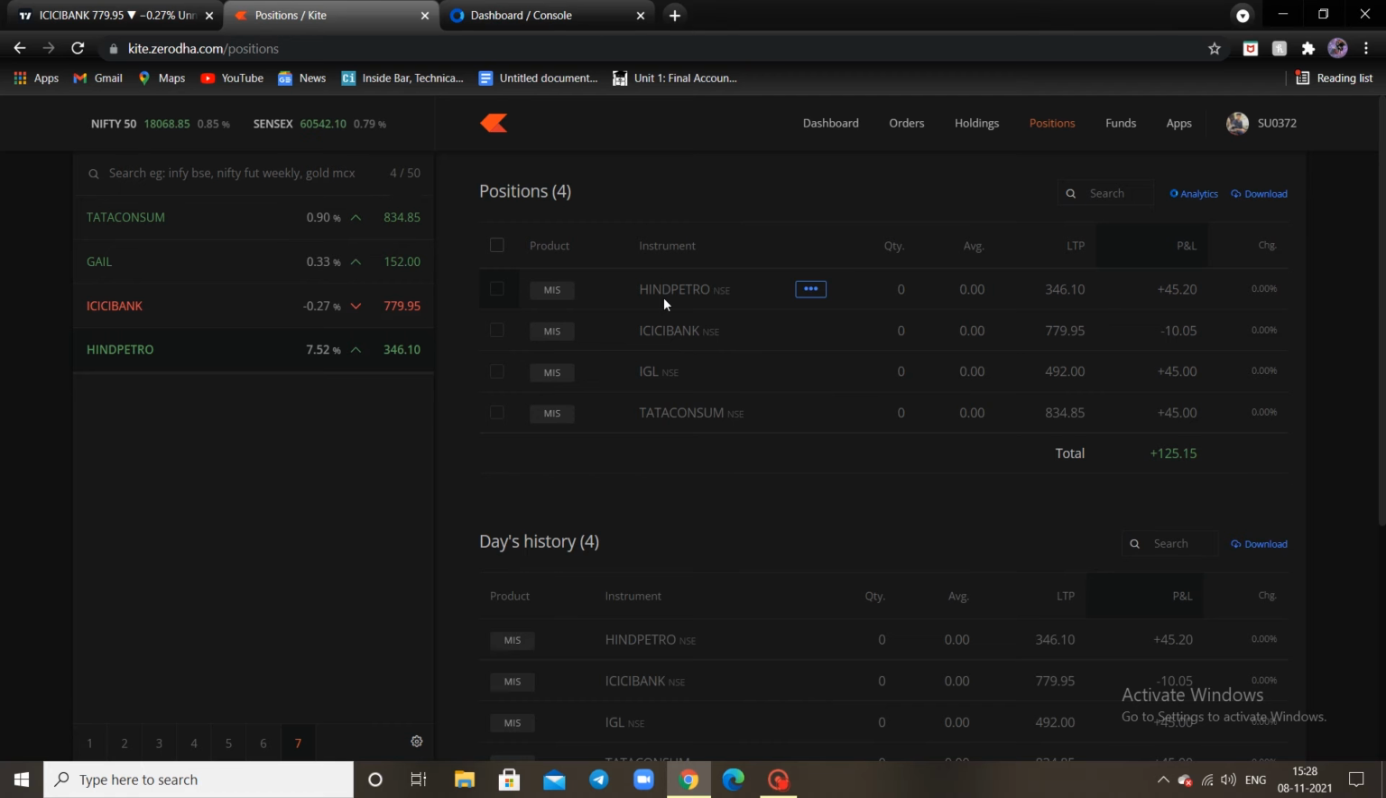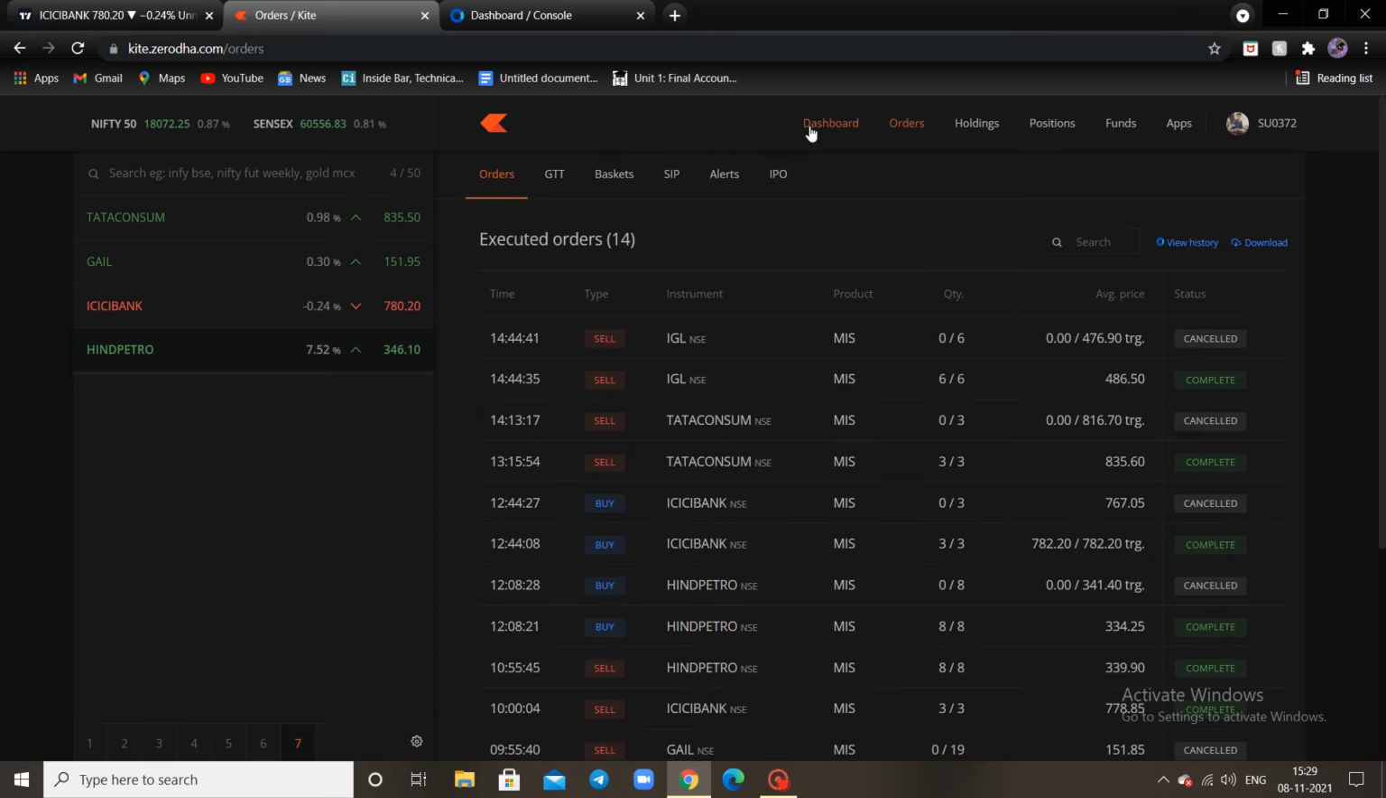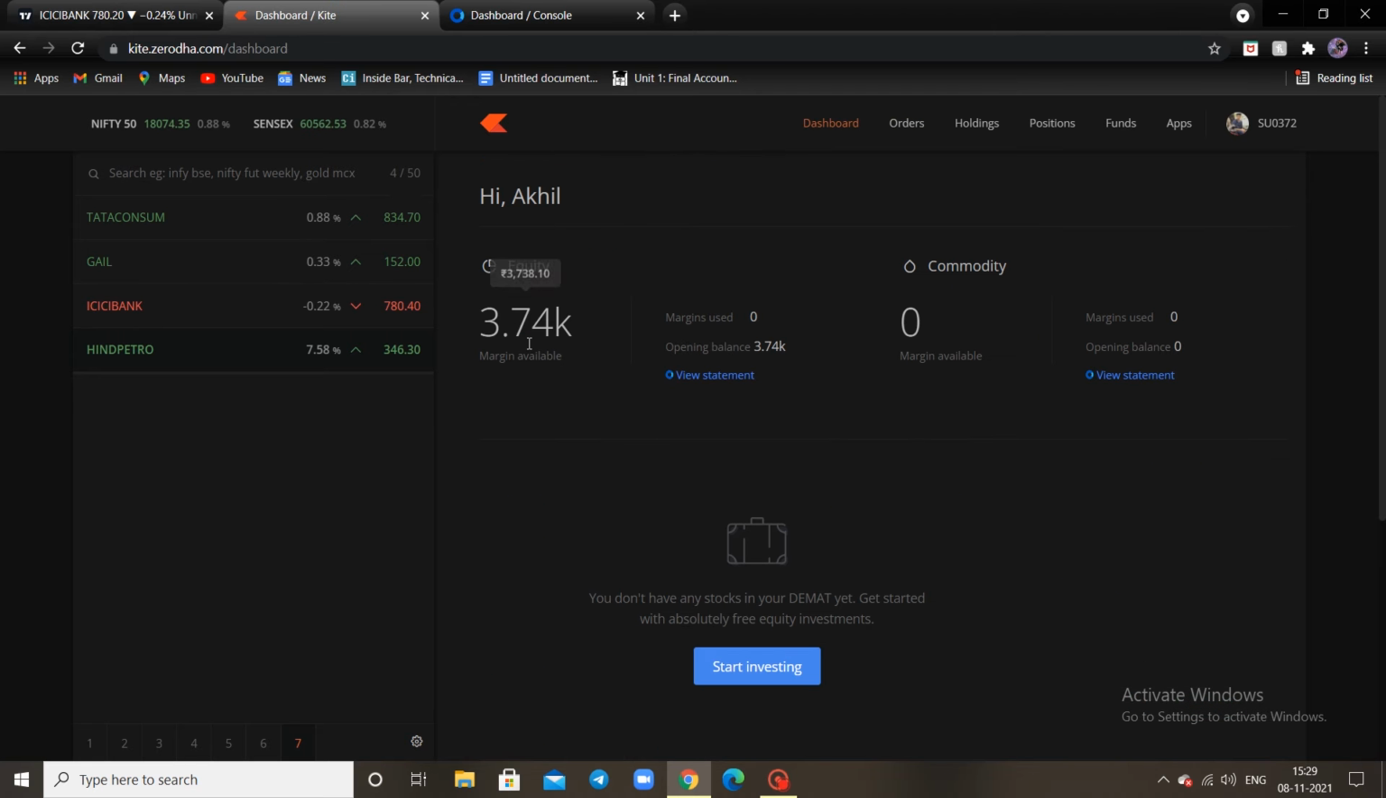The first trade I taken was in IGL at 934 at 479. As you see, all the quantities are very small, 6 quantity, 3 quantity, because I'm totally a beginner in the stock market, and my total capital is